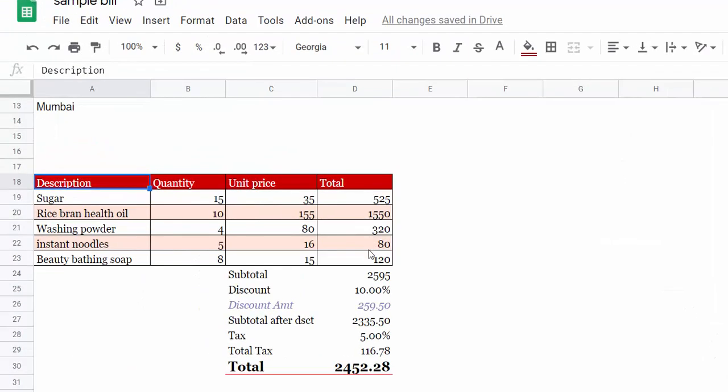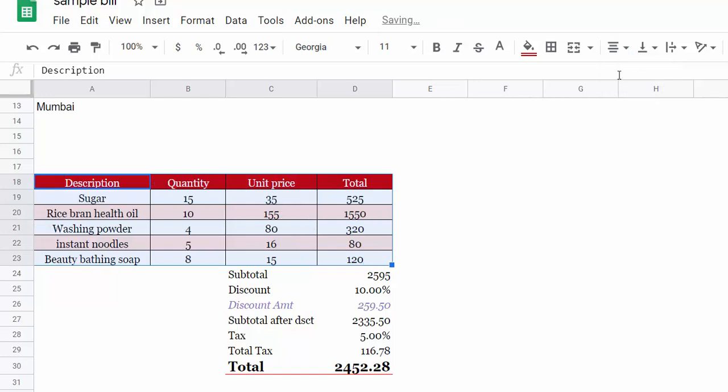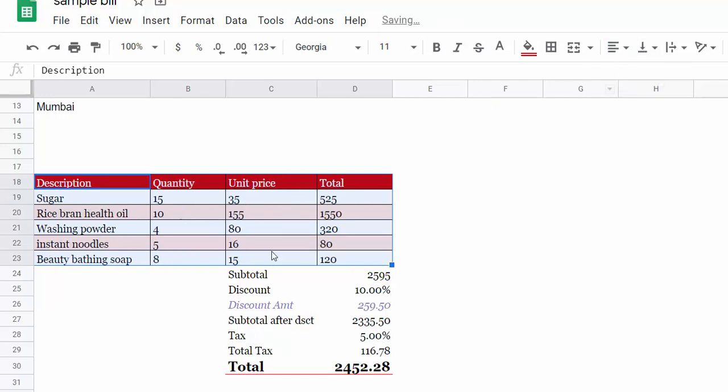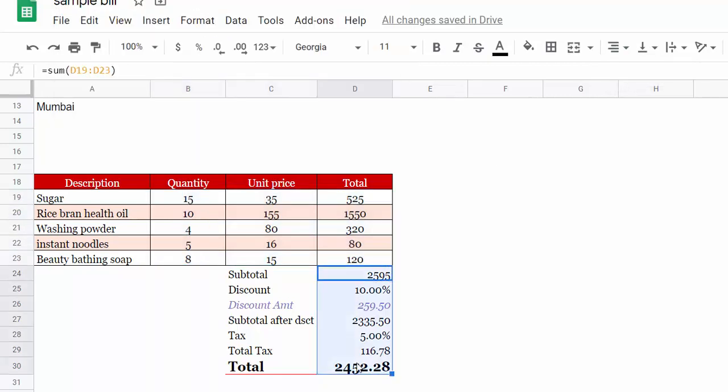If you want to select the text color from particular theme, you can do that also. You can also change the alignment of the text. For example, if I select these columns and in the alignment, if I say center alignment, then text will appear at the center. If you say left alignment, then text will appear at the left of the cell. If you want to apply different alignment for different cells, you can do that also. For example, I am applying center alignment for this and for this and for this. Here I want left alignment, so I will say left.